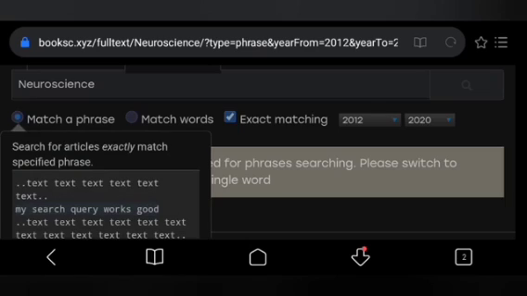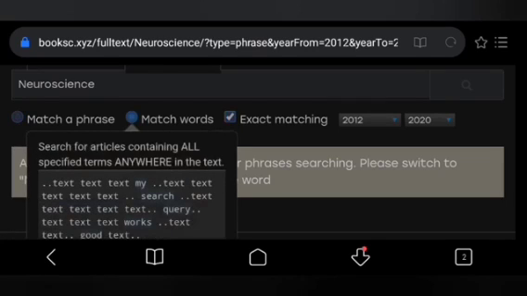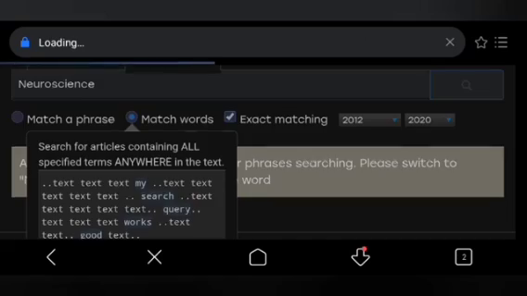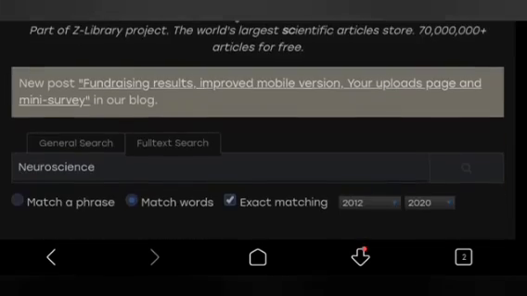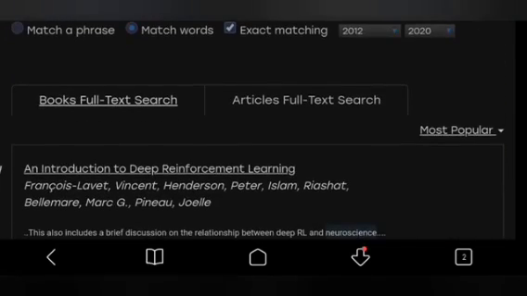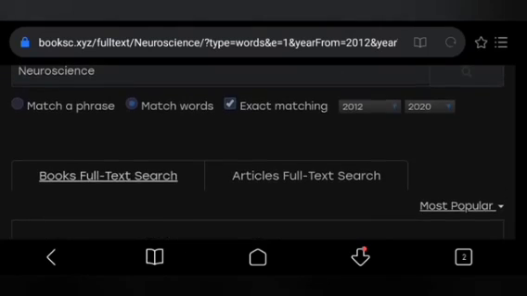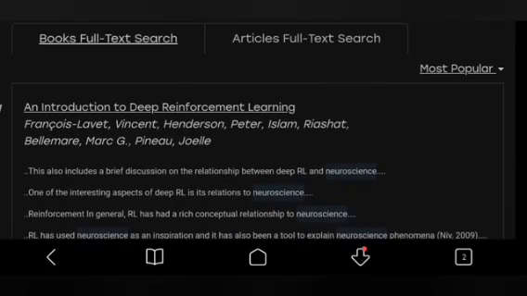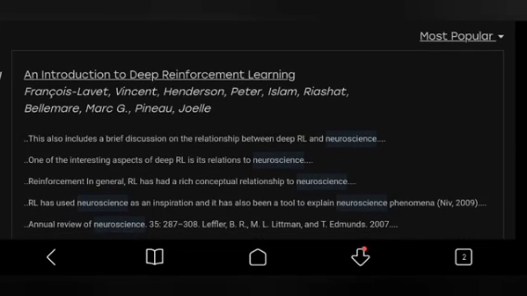One more thing, I need to change that match phrase or match words. I need to set the advanced setting first, then okay, here we go. Okay, see, options are there, like you can see full books or articles. So we are searching for articles now.